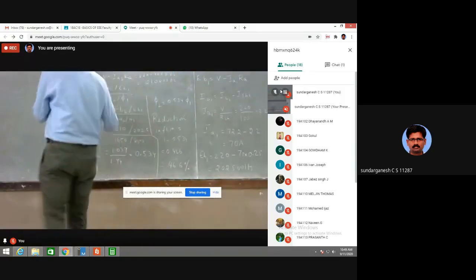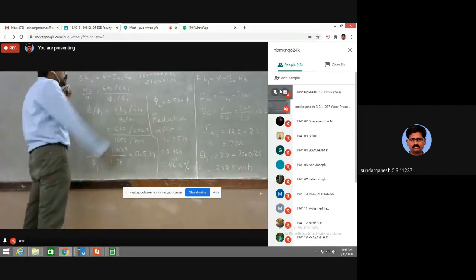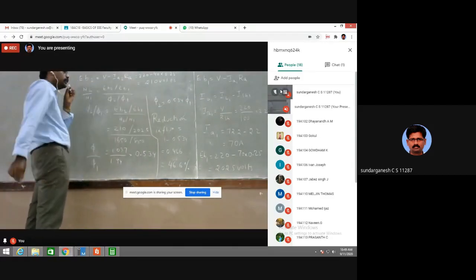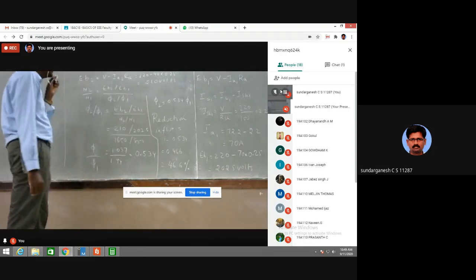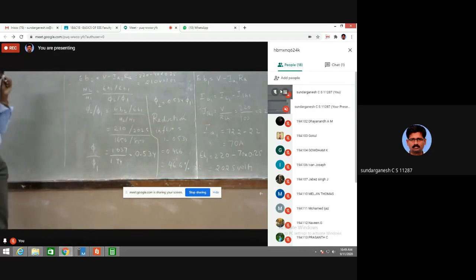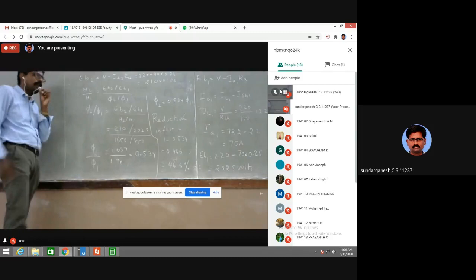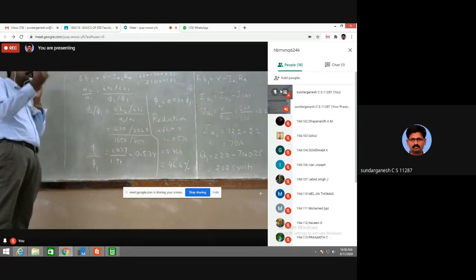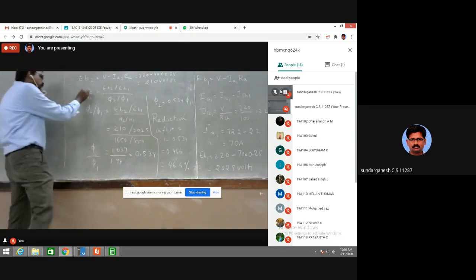Voltage I know is 220. IA2 is also given as 40 amps. The RA, 0.25, is given in the problem. So you put all the values and you get EB2. Next I have to find the reduction in flux. I have the formula for N2 and N1. I want to find by how much the flux is reduced. The initial flux is phi1, the final flux is phi2, so you have to get it in terms of phi1. So I have to divide phi2 by phi1, so I am dividing N2 by N1.